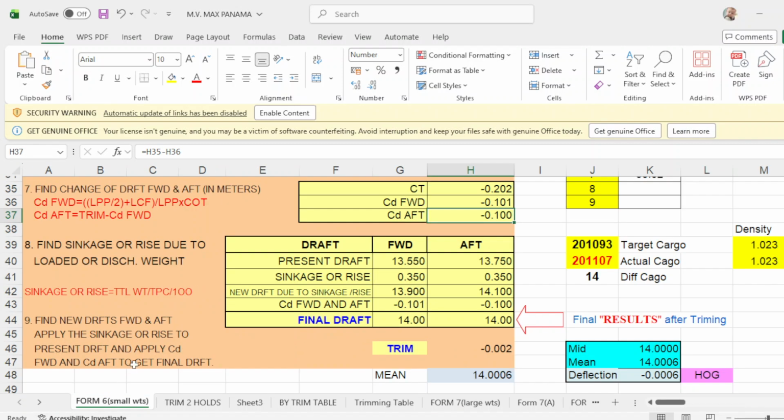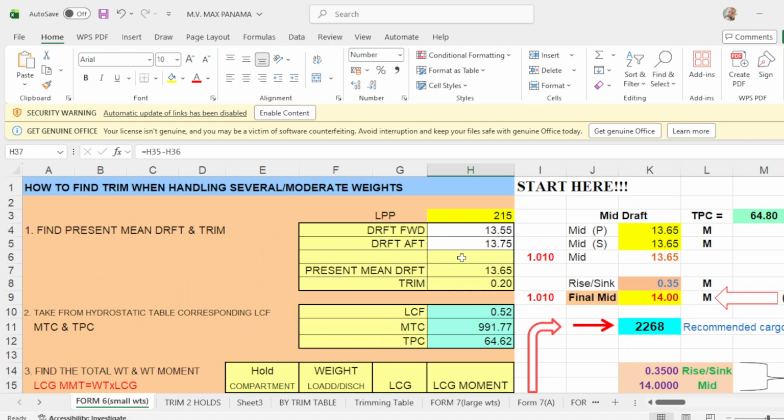But in this case, in form number 6, it is assumed that you are floating in density 1.010. So no need to put the density here, but I just put it here so that it will remind us that the ship is floating in water of density 1.010. Okay, so we go to form number 7.